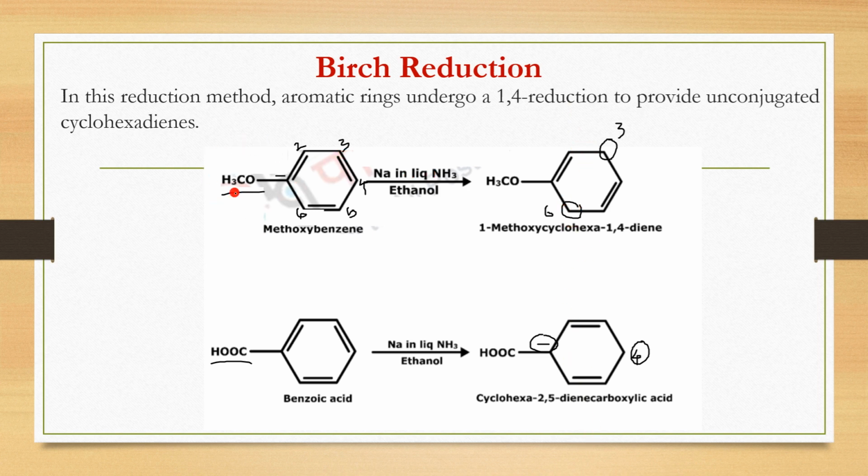So this depends on the mechanism. We won't go into the mechanism right now. That is not asked. So right now you just remember that in Birch reduction, which is a 1,4 reduction, depending upon the group that is attached to the benzene ring, you get the product. Different positions on the benzene ring are reduced. So in the exam also, the keywords that you are going to remember in Birch reduction are 1,4 reduction of the benzene ring, and examples of these products, where the reductions are going to take place. These are the keywords that you're going to remember. Fine.